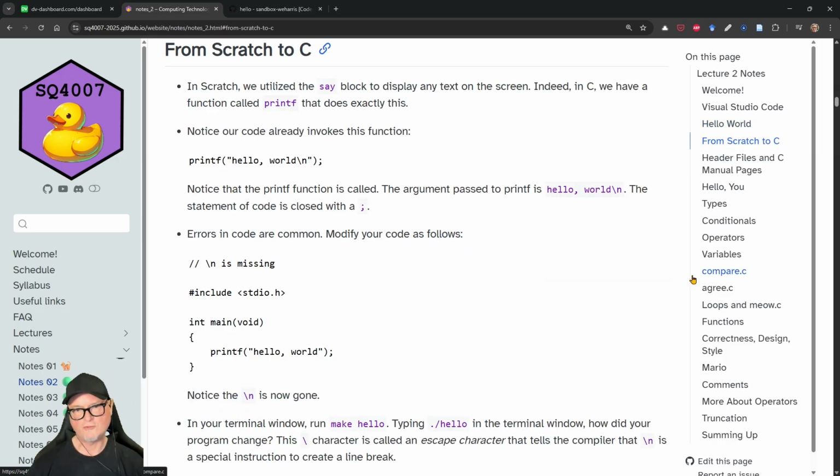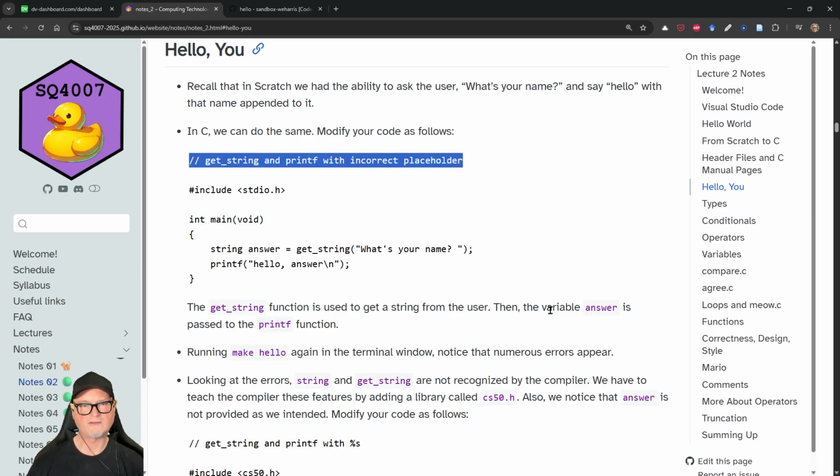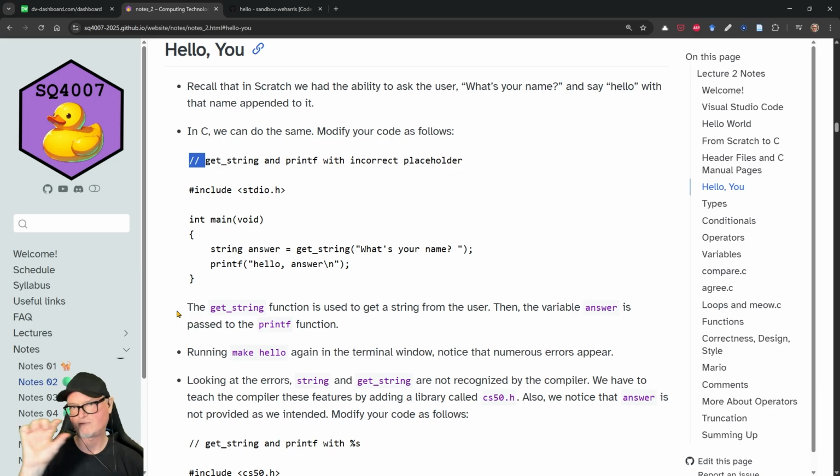So I urge you to practice with these programs and build them up yourself. You can go through this code yourself. The program that we ran is under the Hello You header. This is the one we just wrote. Note that all of these programs, this is a good practice to get into, have a comment. The symbolic syntax for adding a comment is the // and everything after it on that